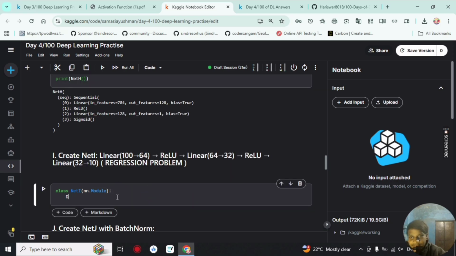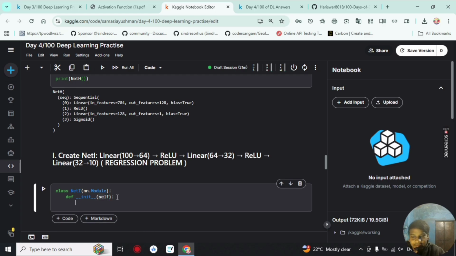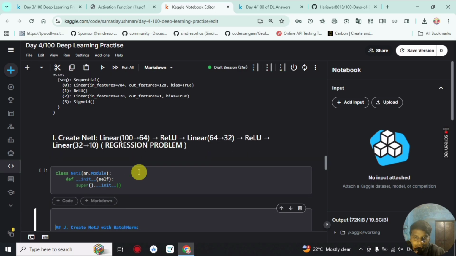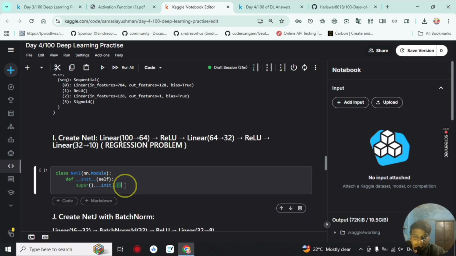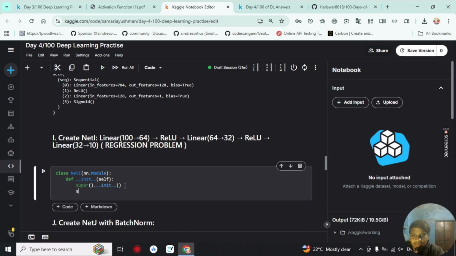So we make here our init one, which should take self here, then we initialize our super class, then we make a sequential layer, okay. Now directly nn.Sequential,